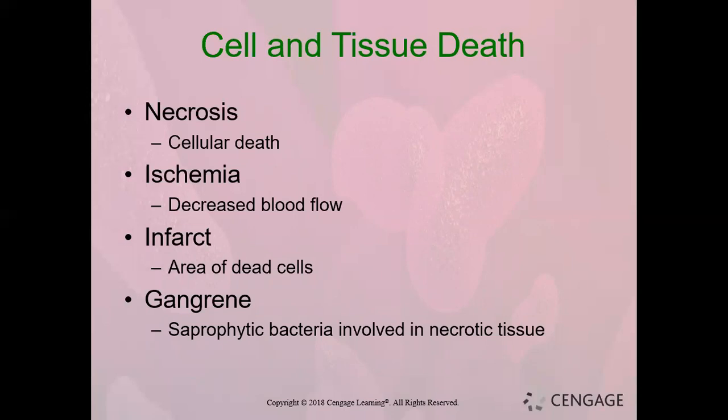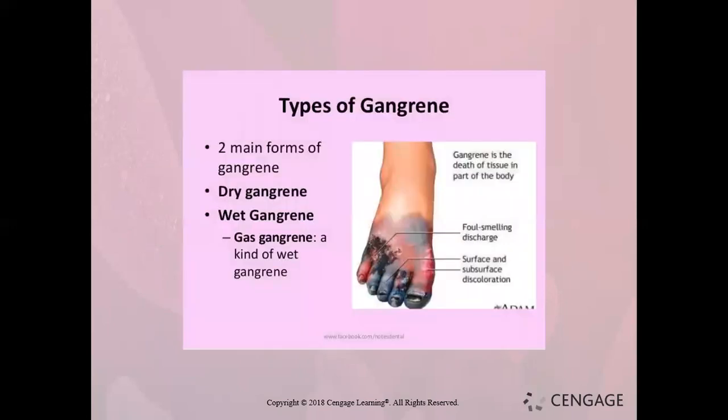When you hear about this, a lot of times you'll hear about it in the heart or the brain, and that's an area where cells have died, first usually from a clot that has blocked that. And so everything past that is going to infarct or die. And then gangrene is just bacteria involved in the necrotic tissue where it gets this gangrene appearance. There's gangrene for you in necrotic tissue also. Gangrene, there's different kinds. You don't really need to know that, but it's going to be black and it's going to smell bad. I've only seen gangrene once in my lifetime as a nurse, and it wasn't pretty.